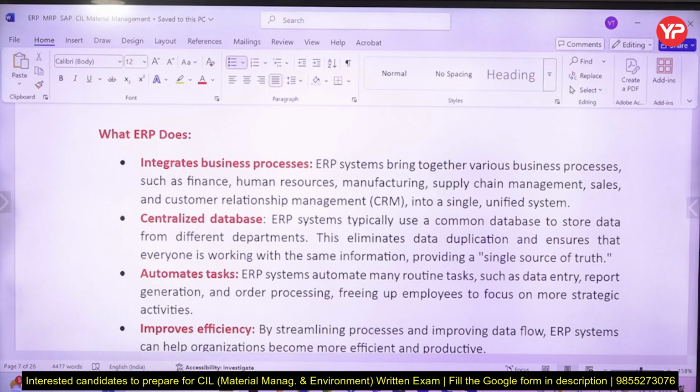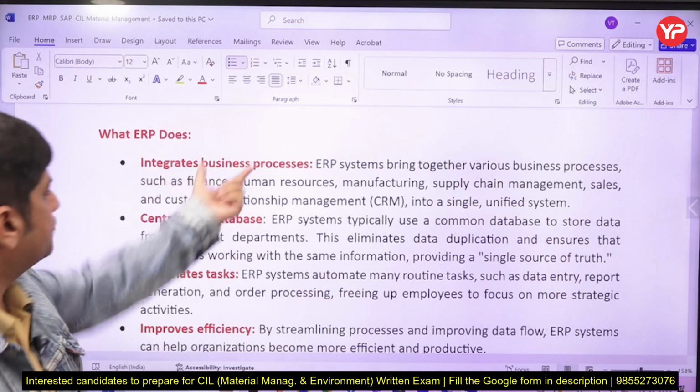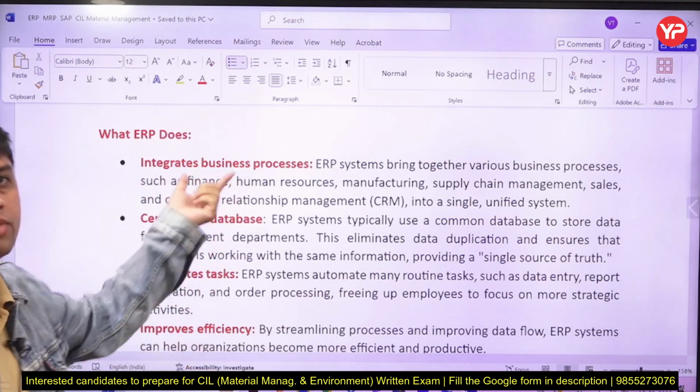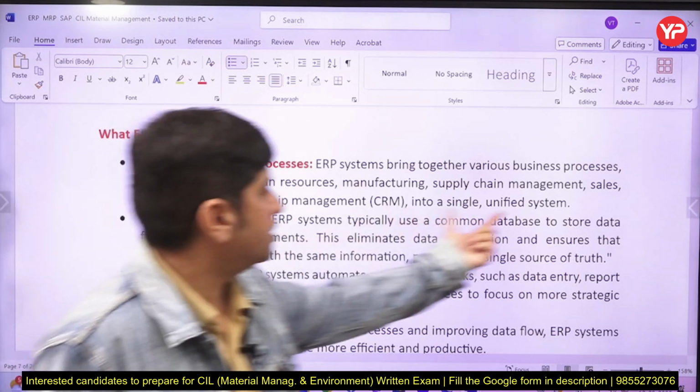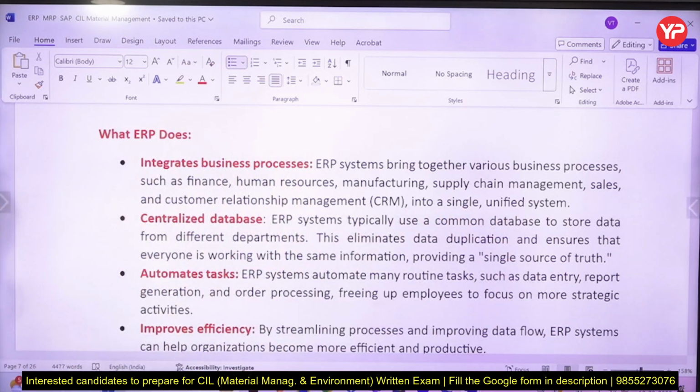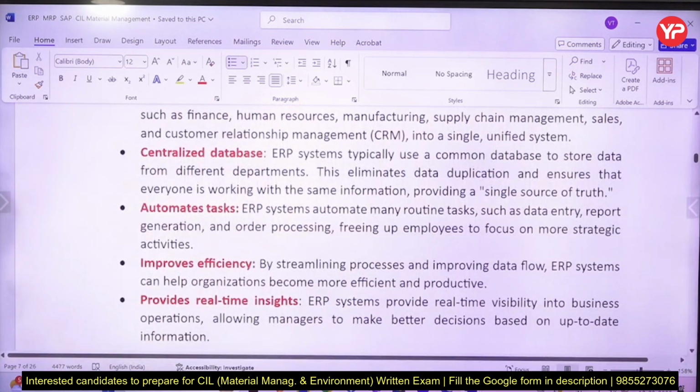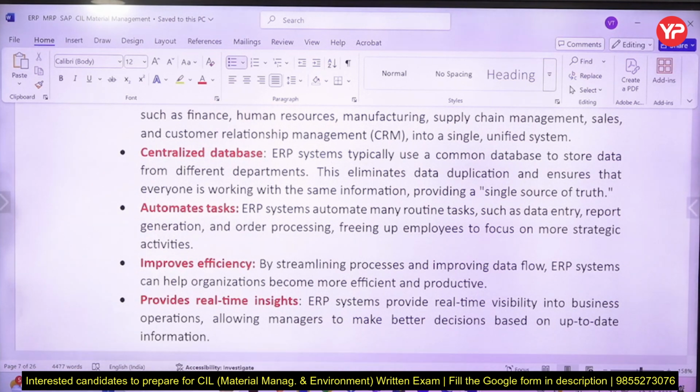It integrates business processes. Friends, all of these headings, a direct question in the exam can come from the headings. So what ERP does, it integrates the business processes, various business processes like finance, human resource, manufacturing, supply chain. It all is linked together in a single unified system. Centralized database. A common database is there to store different information from different departments, and data duplication is to be